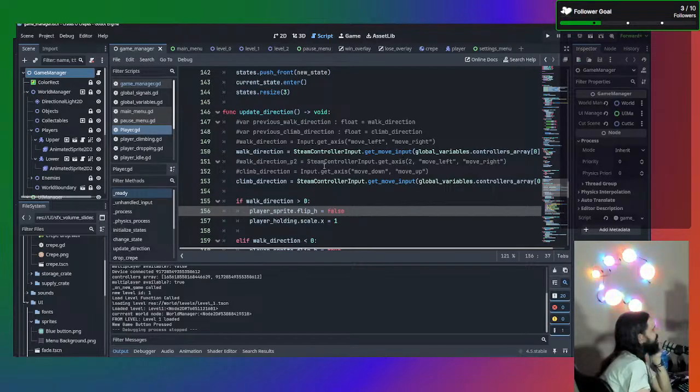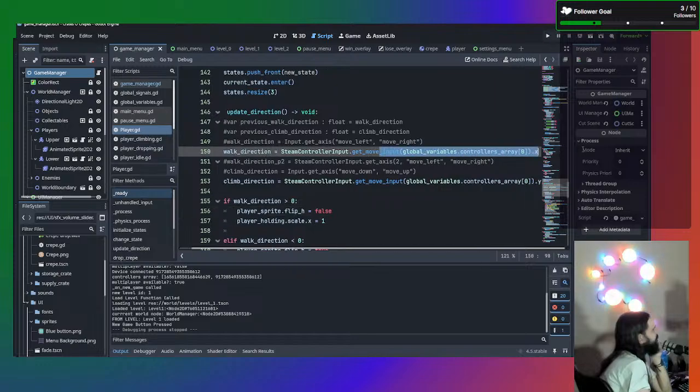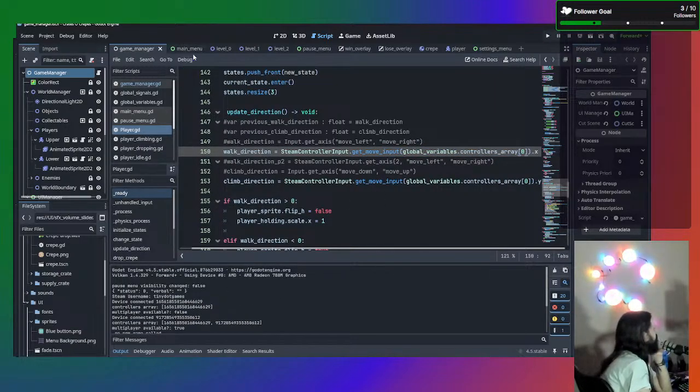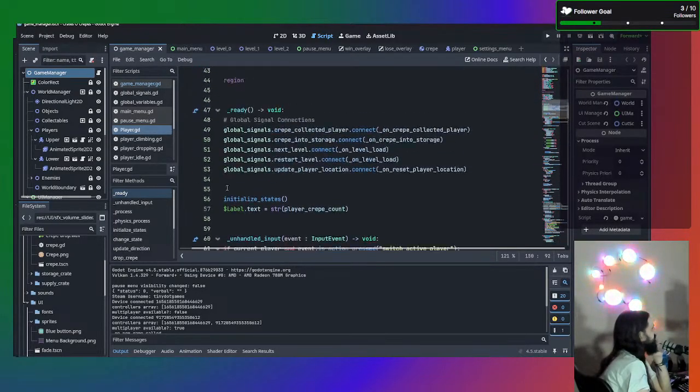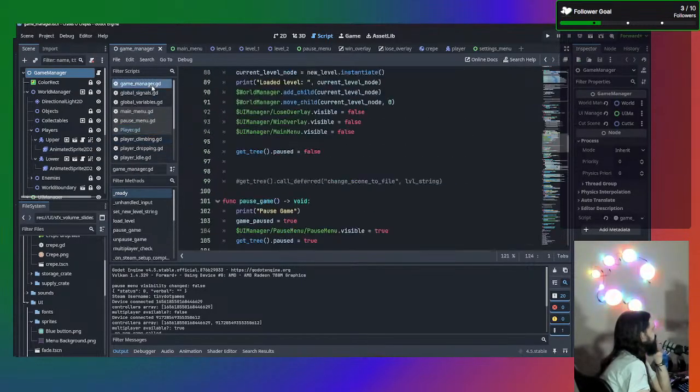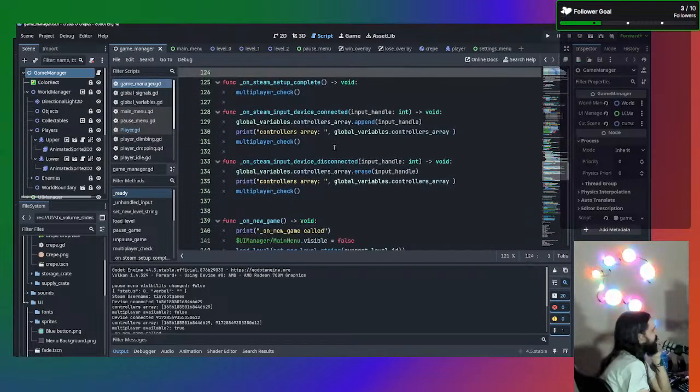So first, let's fix this weird issue that we're having so that we can see a true representation of the game. Okay, so when it goes to load the level,